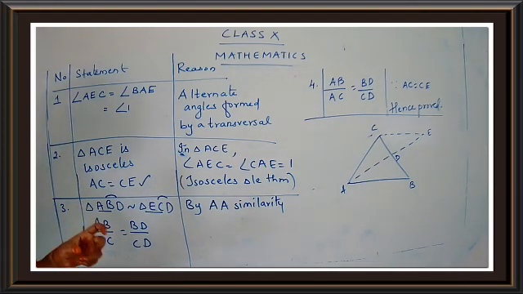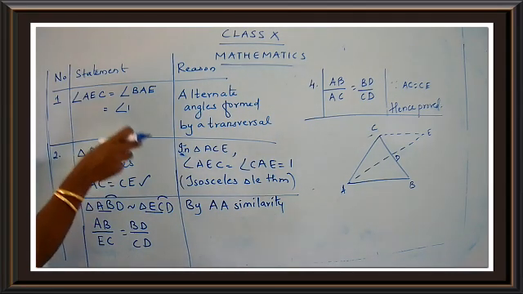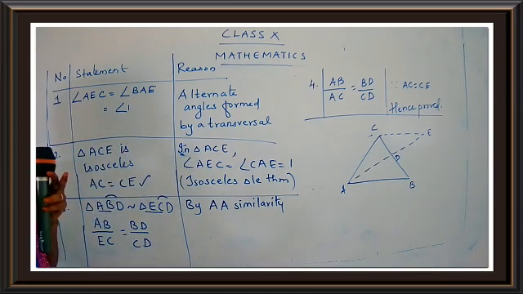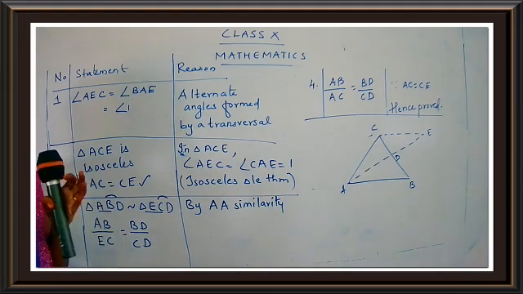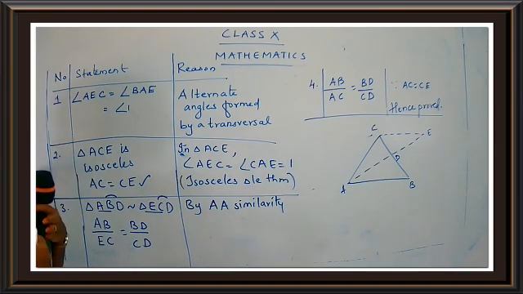The first type of question will be state and prove angle bisector theorem. So you can write the statement, the proof part and so on. But sometimes the question will be directly the statement, without mentioning the name of the theorem. For example, the internal bisector of an angle of a triangle divides the opposite side internally in the ratio of the corresponding sides containing this angle. Prove it. So you have to read the statement carefully and identify, okay, this is the angle bisector theorem. So this is the figure for it, this is the proof part, the given part, the to prove part and so on.